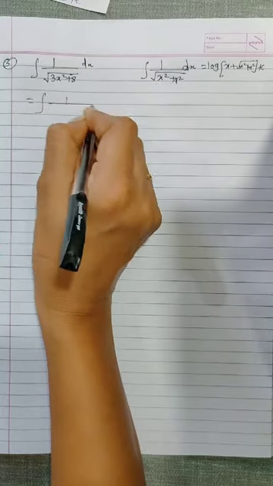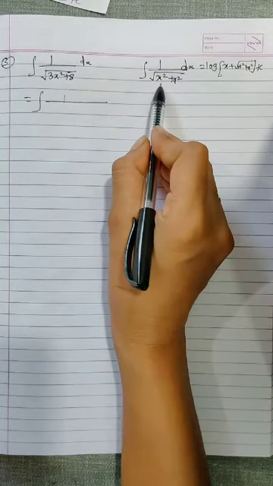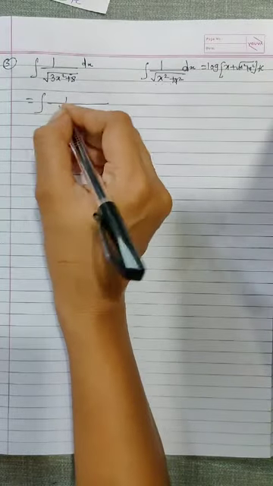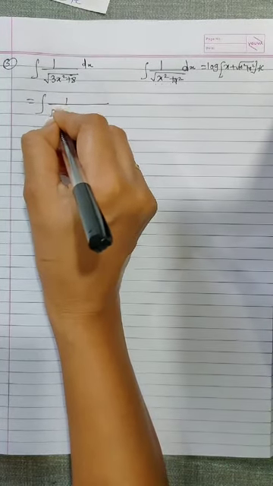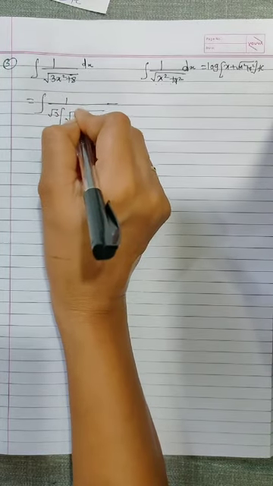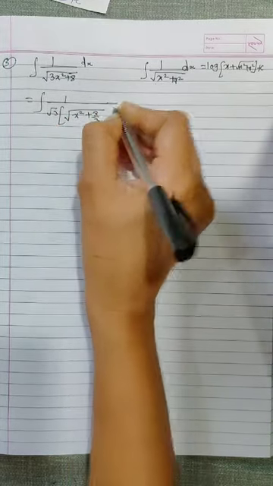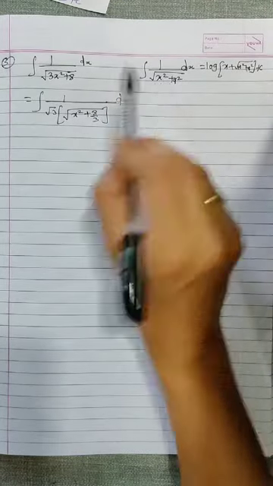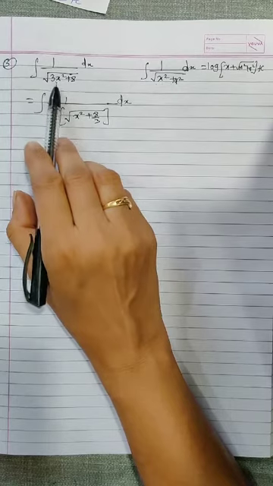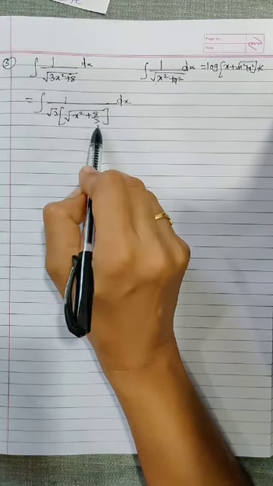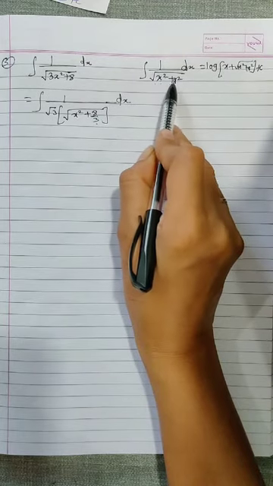Okay. Now students, the first term is x square and we have root 3 x square. Now here we can take out this root 3 common. So that in the bracket we are left with under root of x square plus 8 by 3 dx. What I have done: we want x square, we have 3x square, I have taken 3 common. So actually it is root 3, so it is x square plus 8 by 3. Now convert to x square plus a square.